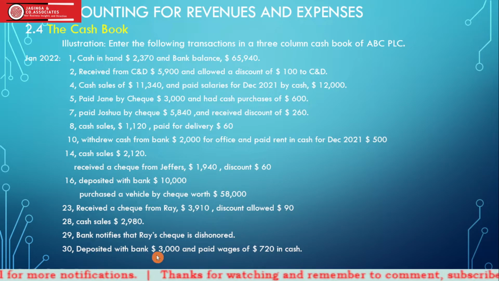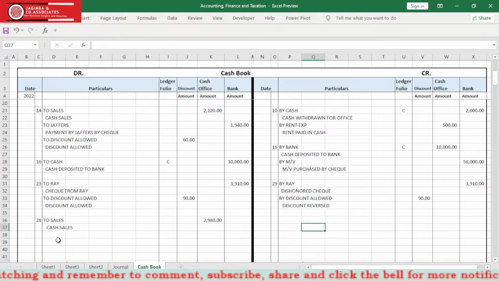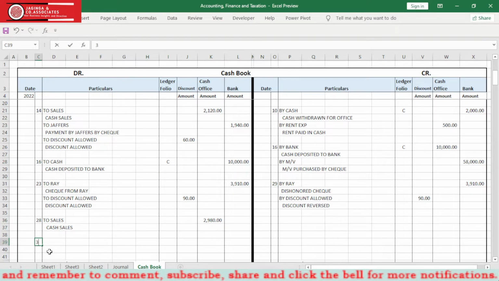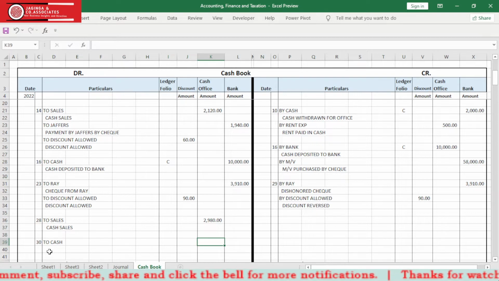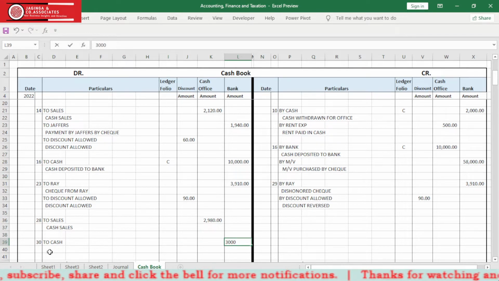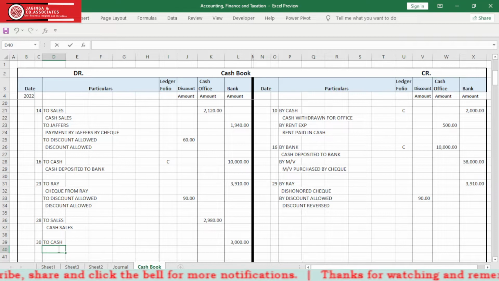Then on 30th, deposited with bank 3000 and paid wages 720. Deposited with bank 3000. So it means that they took cash of 3000 and deposited in bank. So here we need to write 30th. Then here we write to cash. Then cash here will bank here will write 3000. Cash deposit bank,